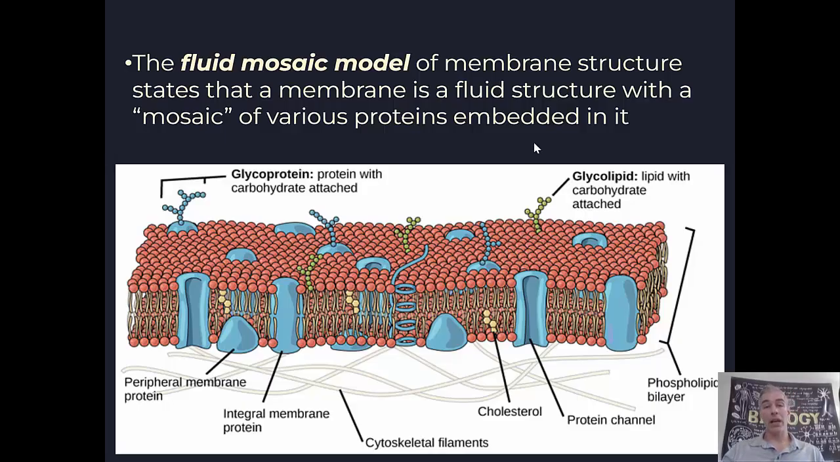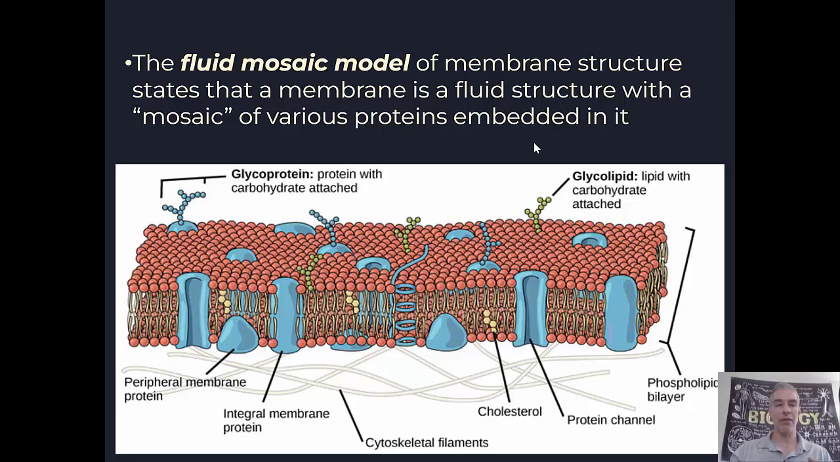So the fluid mosaic model of membrane structure, which is what we're discussing in general, is that the membrane flows and moves and has lots of components like a mosaic, right? A mosaic, if you've done that in elementary school or even in high school, is where you put a bunch of random parts together that then give you an overall structure or picture. So it's called that because you have